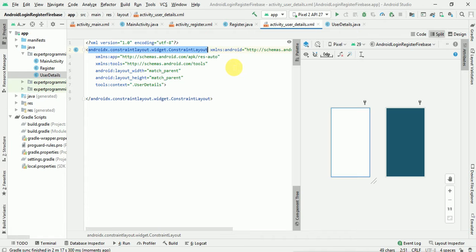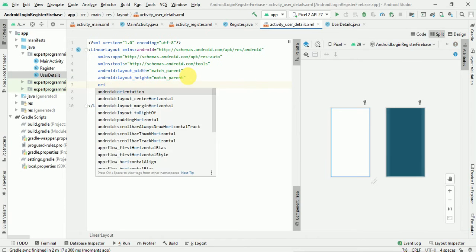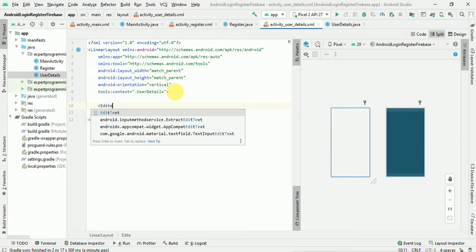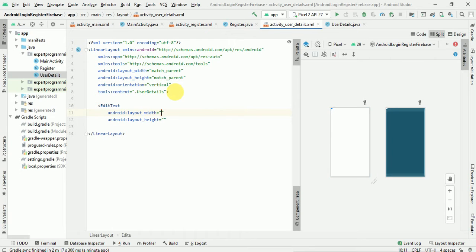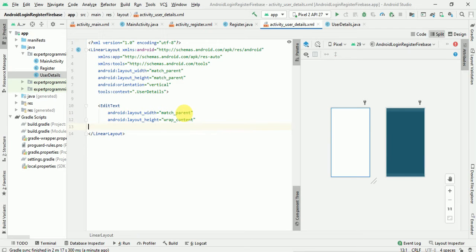So I am using a linear layout with orientation vertical. Now an EditText, which will be match parent for width, and height will be wrap content.